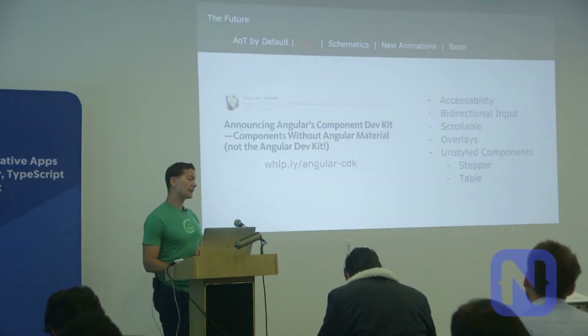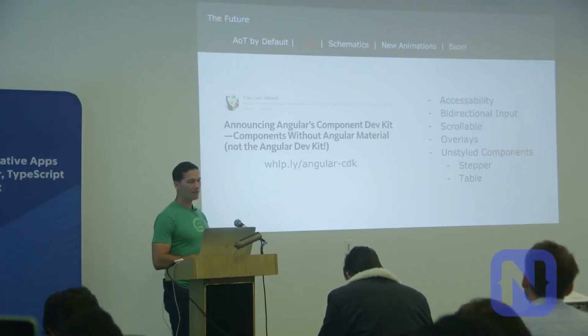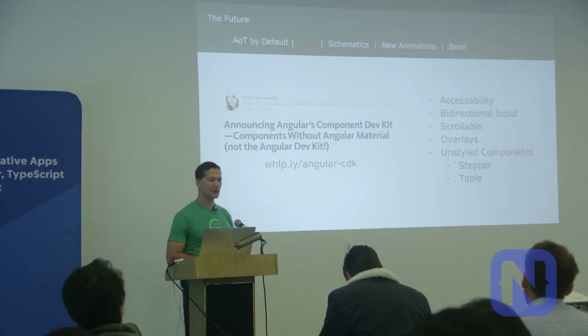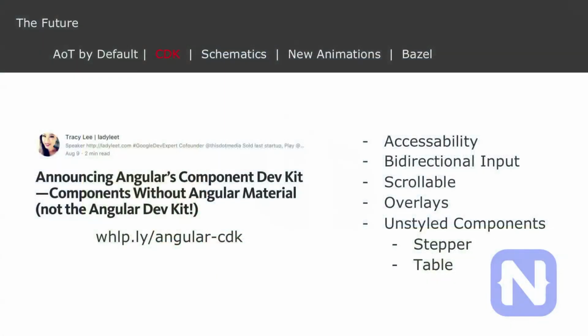One really, probably the thing I'm second most excited for is the component dev kit. This is something that Tracy blogged about a couple weeks ago. And it's basically something where, I love Angular material, but we have a designer in-house at GetHuman, and he wants to do his things his own way. He likes some of the Angular material styles, but he doesn't necessarily like it all. He doesn't want to just drop it in.